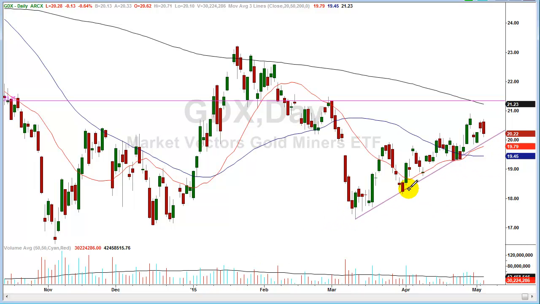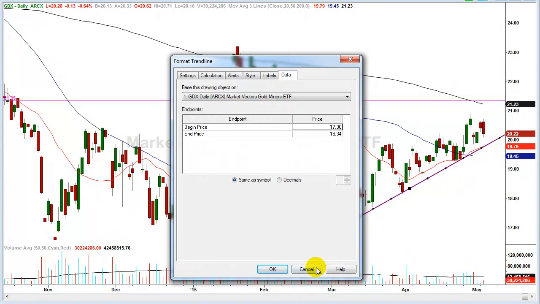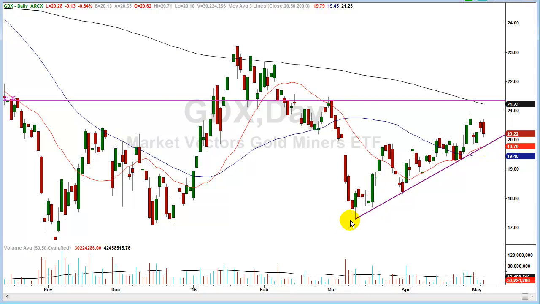I mean, this is an obvious trend line. Now, I'm not drawing it in. The market's drawing in the trend line, right? It's drawing it in by virtue of bouncing off this area each and every time it comes into it. So if you want to be long GDX, I would say draw a trend line on your chart, and as long as you stay above this level here, then the market's in a bullish tone. If you break below this trend line, then you start coming down to your pivot points.